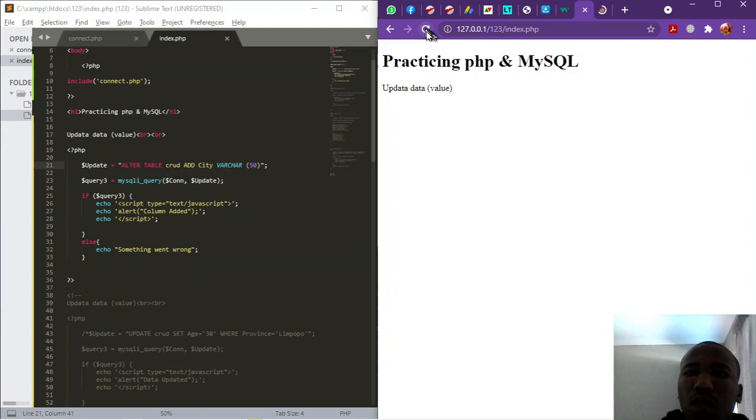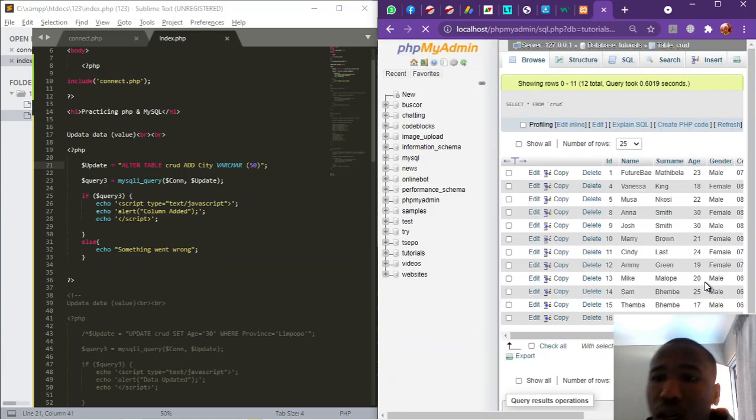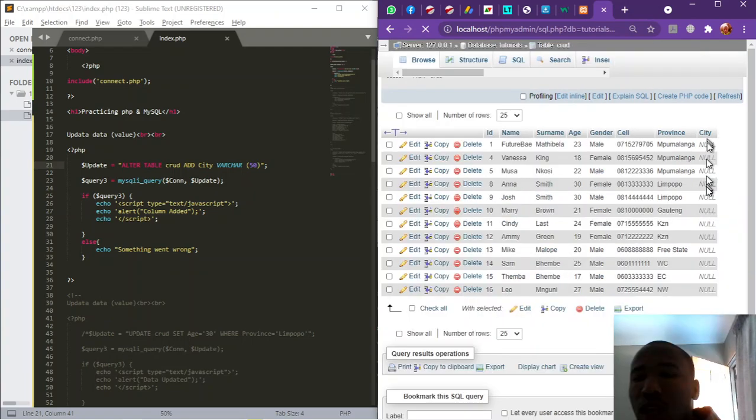Oh, why is it so slow? Okay, column edit, right? I think I'll stop and refresh. Refresh. So we should have the new column at the end. Okay, sure. As you can see, we now have city at the end, and the values are empty because we haven't added them yet.